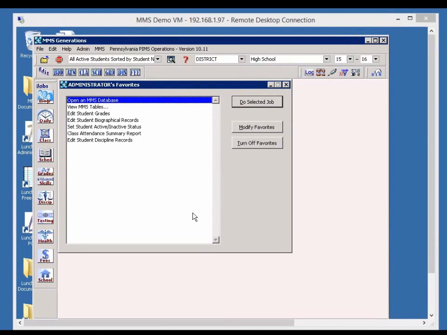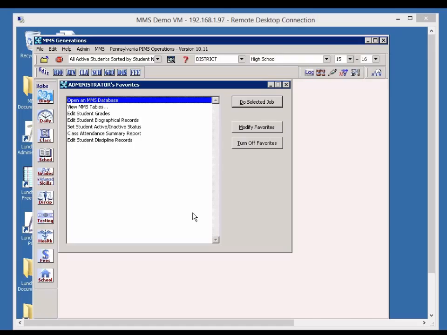In this Tech Byte, we are going to take a look at the Valid Data Selection Table Editor. Let's get started. With so many fields in MMS, one can imagine how easy data entry errors can be created. Valid Data Selection Table Editor is a very effective solution to lower data entry errors as well as making values